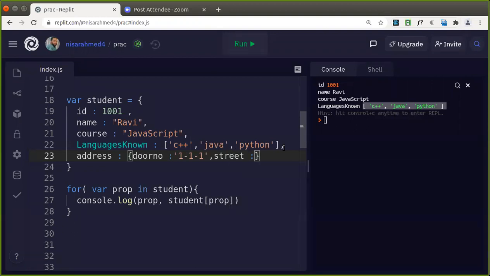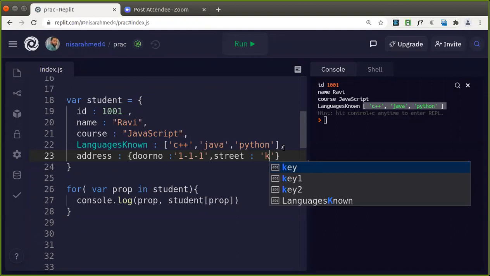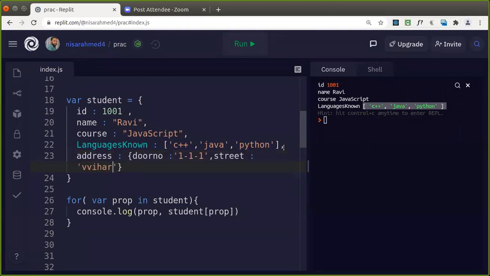It's an object, another object, isn't it? Now you can see here in this case, address is there. That is what? Another object as a value.